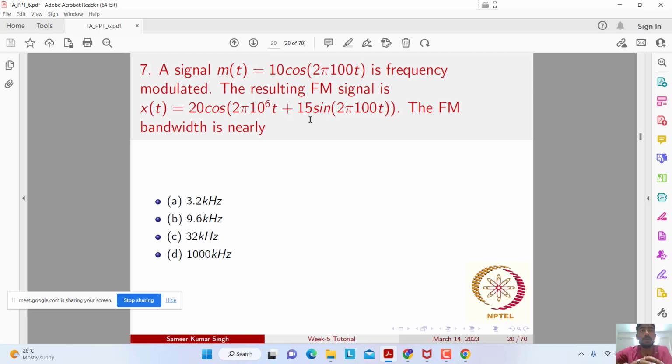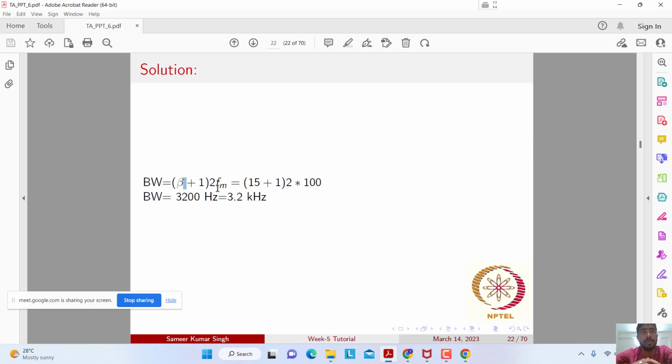Okay, so beta is 15, fm is 100. So just put the values and you will get 3200 hertz. In kilohertz it will be 3.2 kilohertz. Okay,